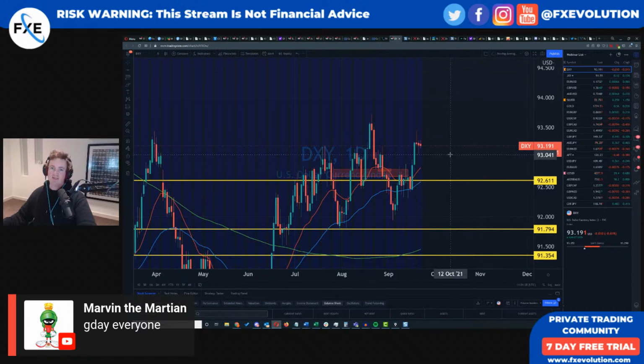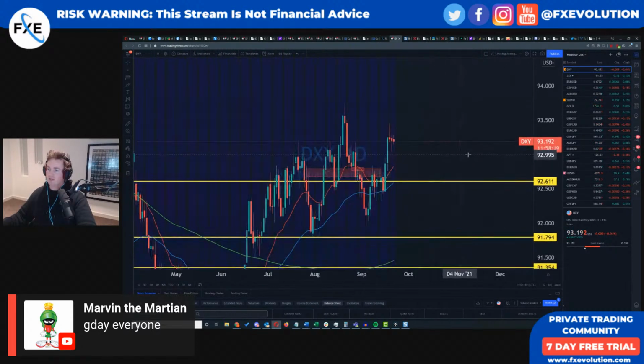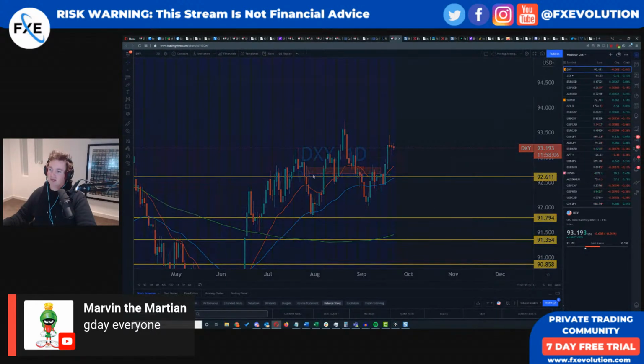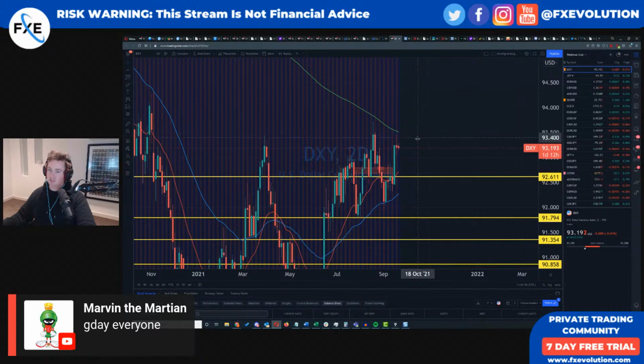All right, let's talk about this dollar index. Let's get into the technical analysis here and the levels that we like to look at. First off, we've got the dollar index here, and you can see it's got basically 2 rejections on both sides. If we change this to a 2-day, we all know long leg doji, indecision candle at this peak up here. So it's been very strong for the dollar.